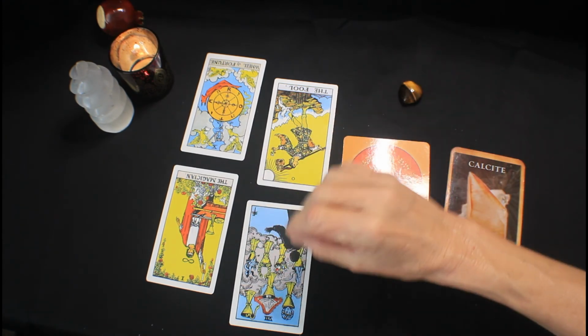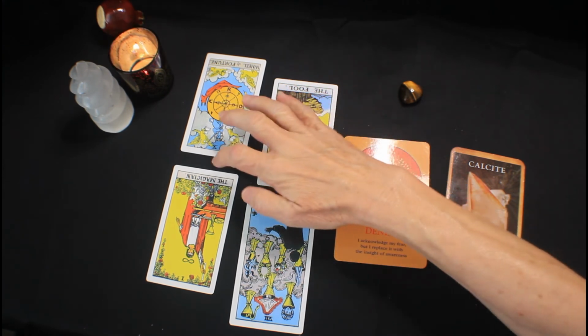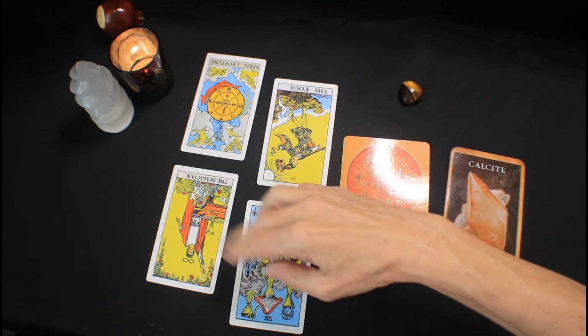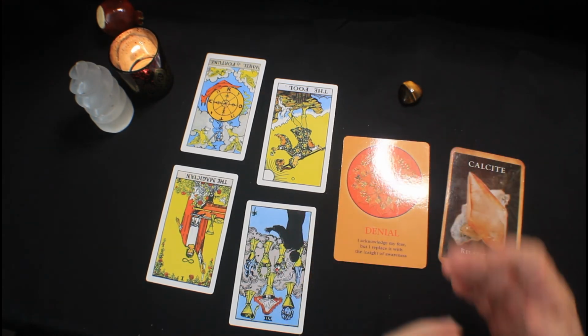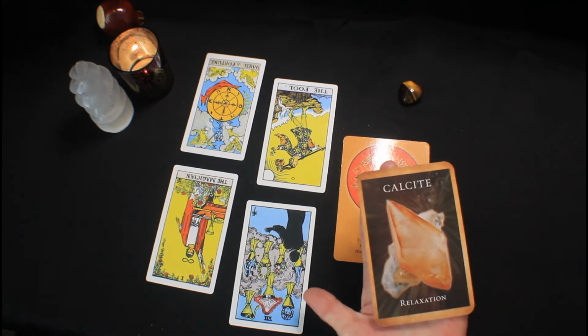Seven of Cups in reverse. You acknowledge it and you're working to change it. You no longer are leaping into just anything for fear of missing out on something, okay? Because you recognize that in doing so, nothing comes to fruition. Nothing comes to completion, okay? So, what is your greatest